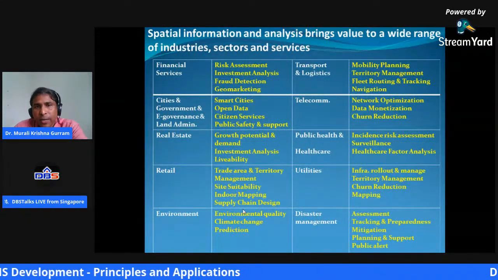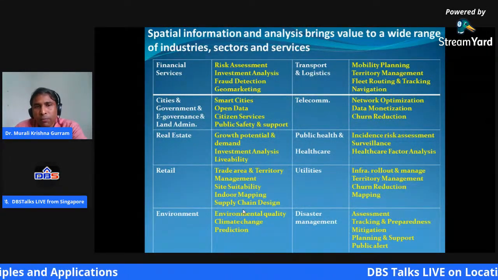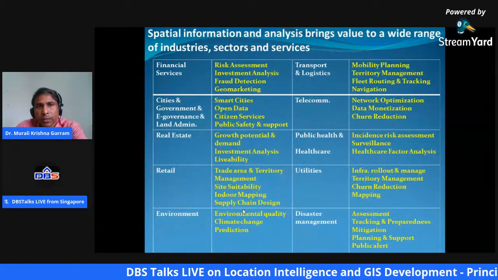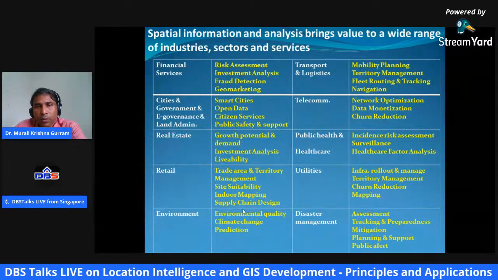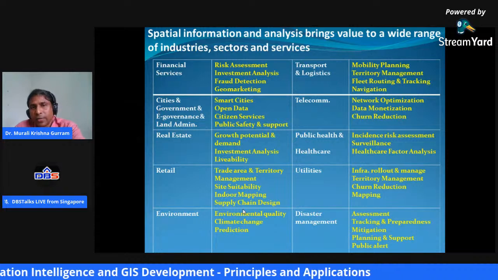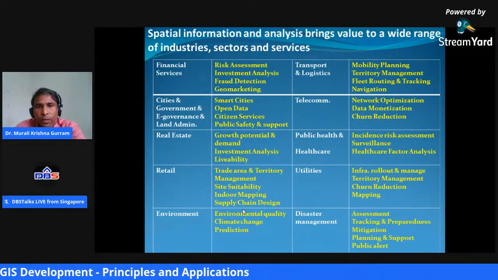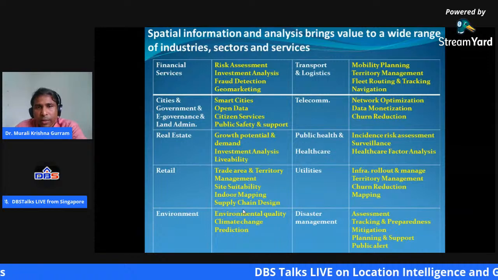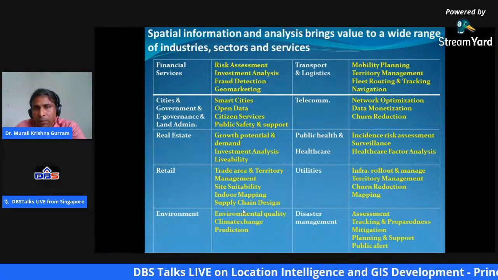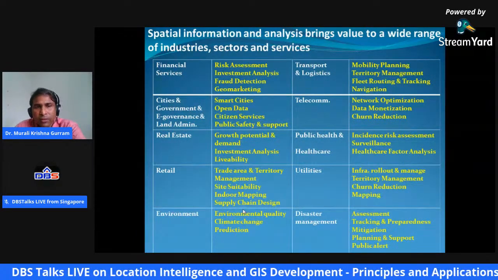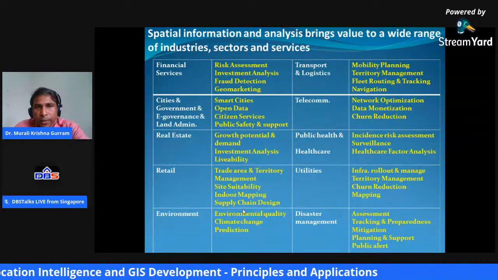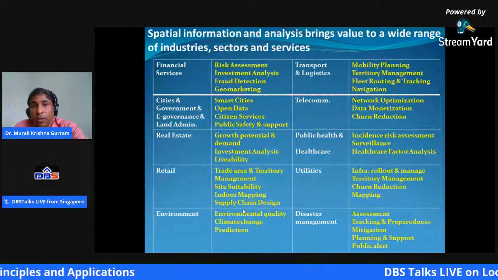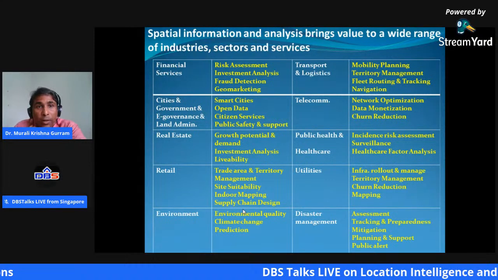In this particular slide, I just wanted to show you some simple applications of this. You can see financial services, transportation, logistics, government, e-governance, land administration, telecom, real estate, public health. These are all some of the application areas. If I mention some others, you may really wonder.